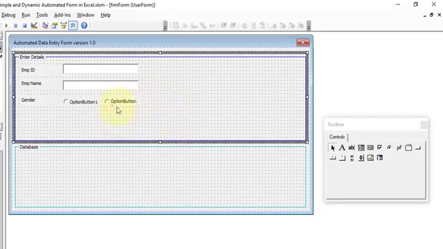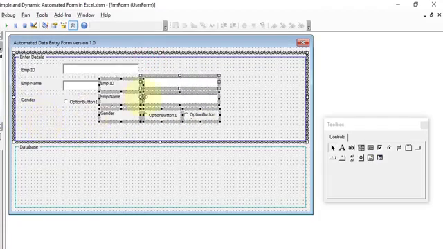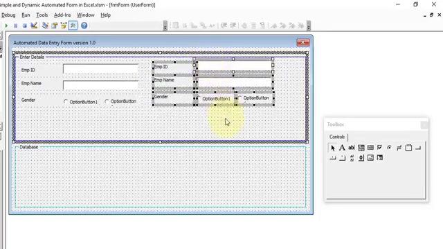Now we need to insert the labels and controls for department, city, and country. Let's copy this with Ctrl+V and move it over here.